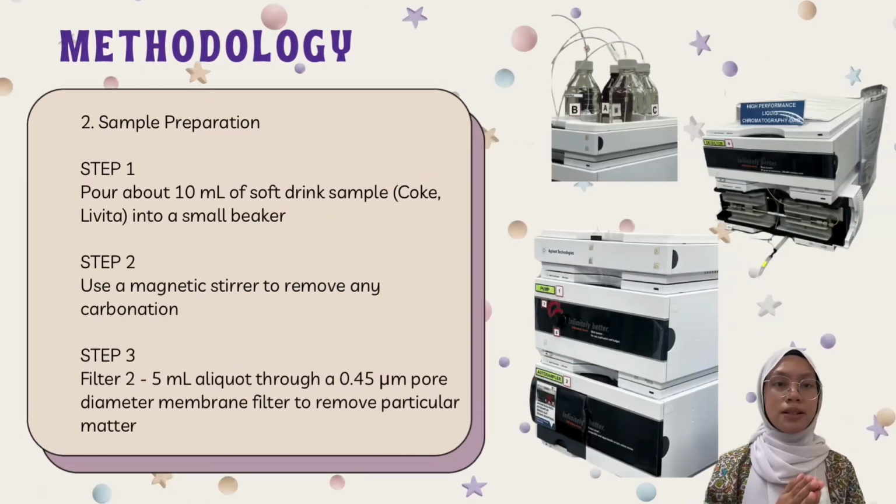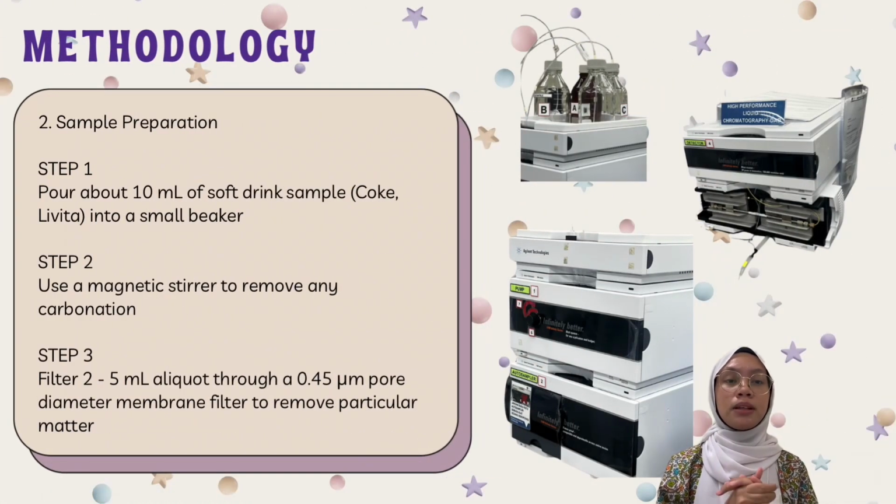Next, sample preparation. For step 1, we need to pour 10 ml of soft drink sample into a small beaker. Step 2, use a magnetic stirrer to remove any carbonation. For step 3, we need to filter a 2 to 5 ml aliquot through a 0.45 mm pore diameter membrane filter